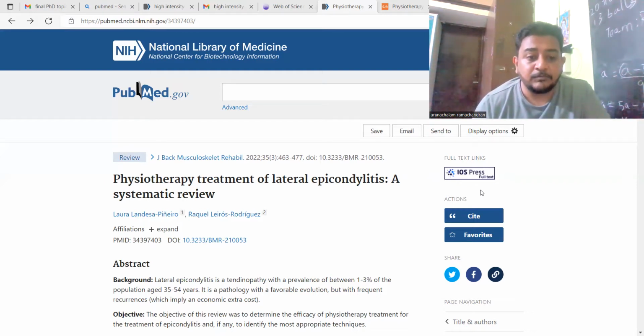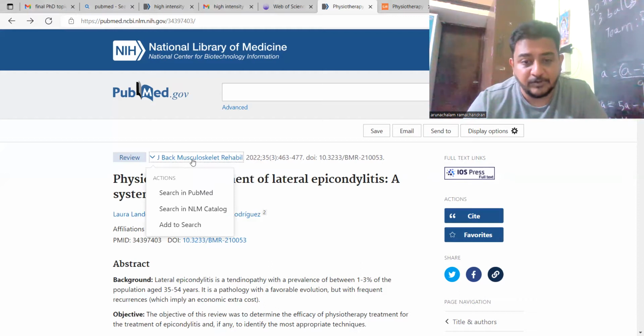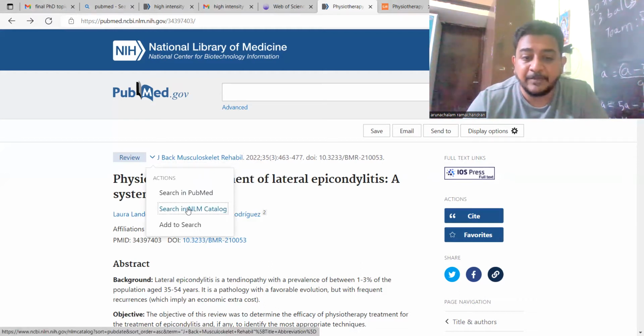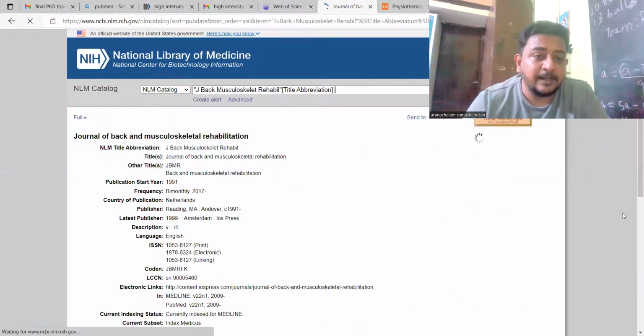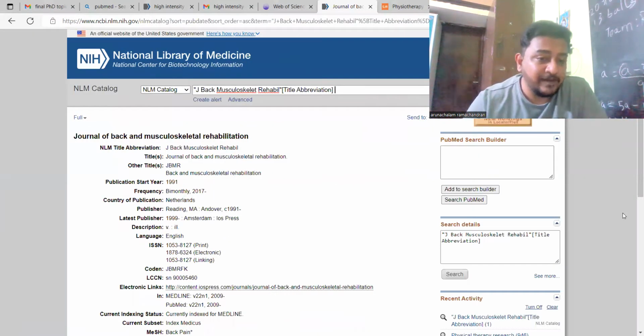So we'll see this. For example, if you're reading an article like this and you're finding out about the journal here, the Journal of Back and Musculoskeletal Rehabilitation, just go and left click on this particular journal here, because you will get these three options. In this, go to the search in NLM category. Okay, so NLM is nothing but National Library of Medicine. Here you will get this